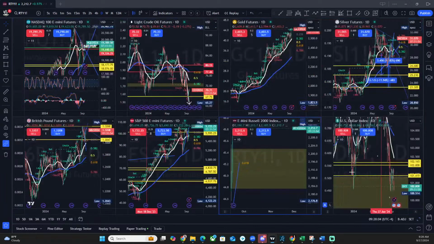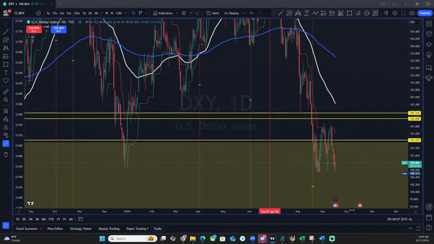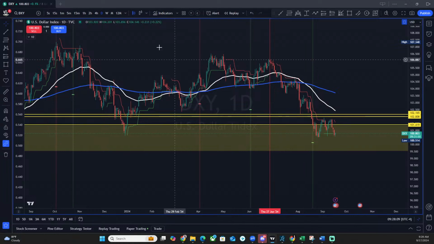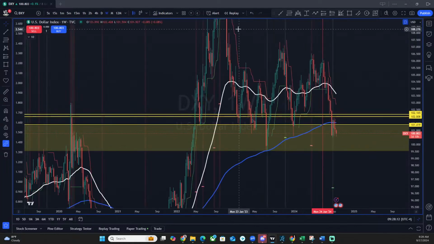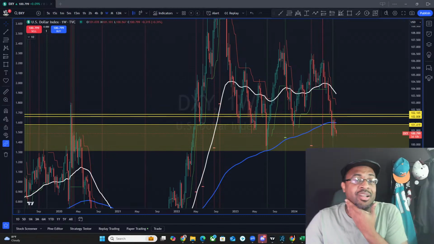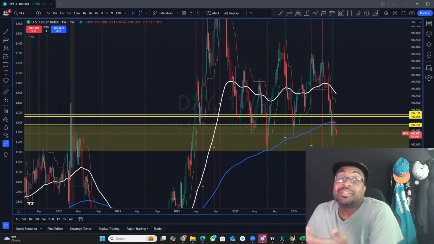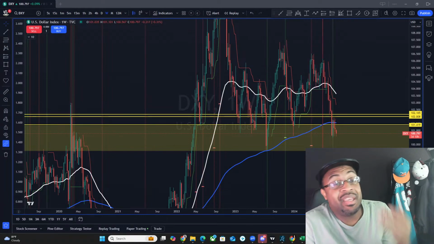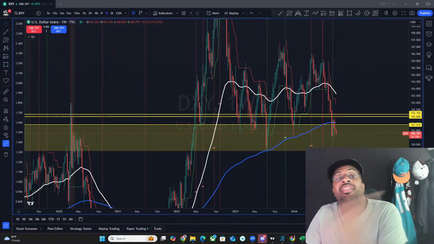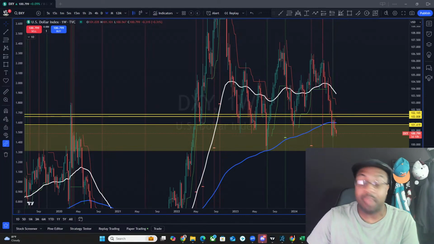All right, now the last one we're going to talk about is dollar. The dollar is inside of its order block, a very, very wide order block. I think I plotted this on the weekly. Very, very strong area of support that they would love to get to. And this is why pouring into the Russell at this point, with the chart kind of showing it like this, makes me curious. Could this be a catalyst that makes the dollar bounce as they start to liquidate on one side and then push back up?